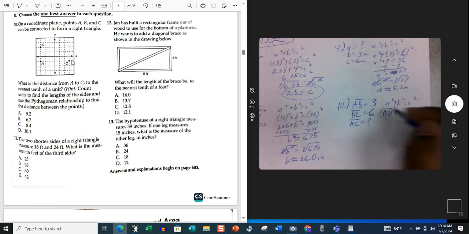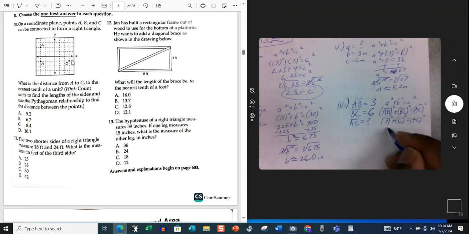Our B would be BC. And our C would be AC. So now we substitute. AB is 3. BC is 6. And we don't know what AC is. So we still will have AC squared. So this would be 9 plus 36 equals AC squared. 9 plus 36 is 45, which is equal to side AC